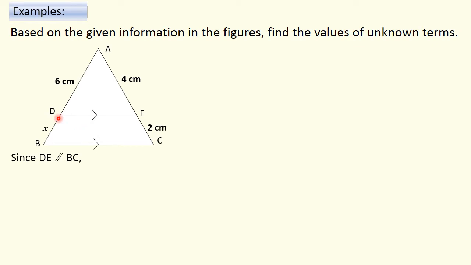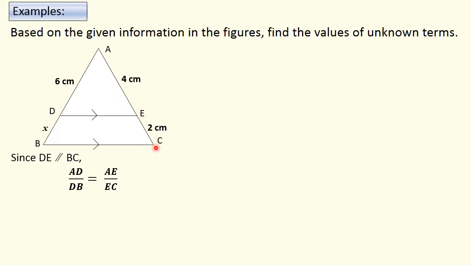A line drawn parallel to a side of a triangle divides the other two sides proportionally. Here you can see the line DE drawn parallel to BC. Therefore, according to the theorem, since DE is parallel to BC, we can write the divisions of the other two sides proportionally. The conclusion, when you write it in fractional form, is AD over DB equal to